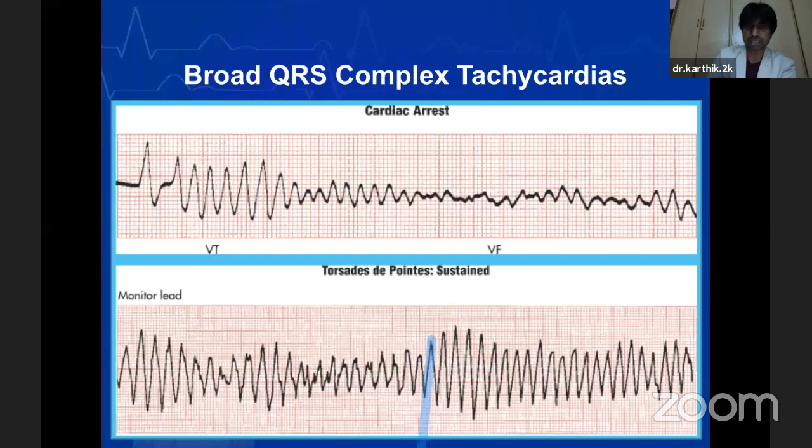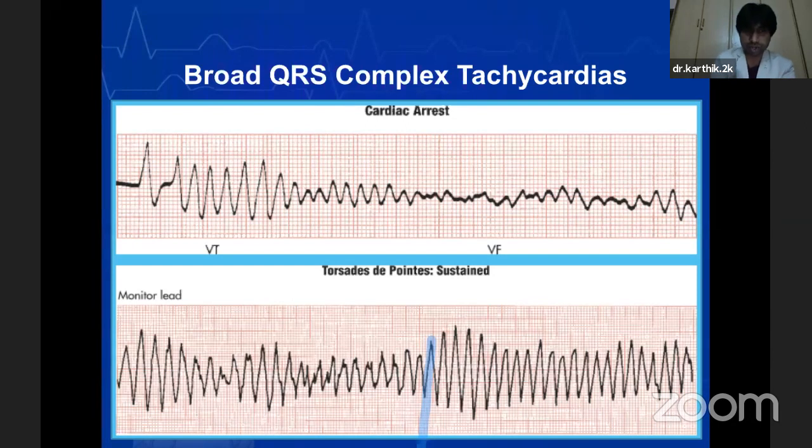Now, in the first strip here, you can see the cardiac arrest, a patient who is almost arresting. There is ventricular fibrillation. You don't see a definite pattern of a QRS complex. It is just like a sine wave, like some electricity recording, so this is almost a failing heart. When you see this on a monitor or an ECG strip, you should immediately jump up and start cardiopulmonary resuscitation, because if you don't do CPR for these patients, they will definitely not make it out. And in the bottom illustration, you can see another example of a wide QRS complex tachycardia.